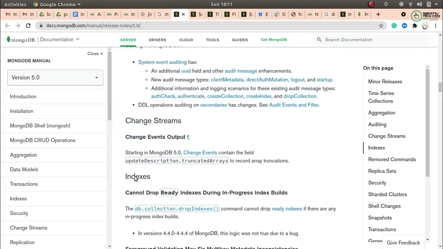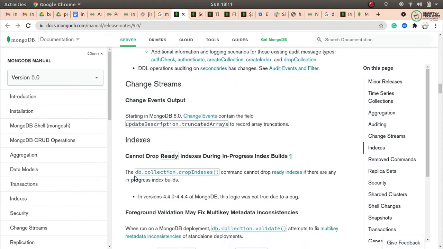Let's say it was at 90% creation, MongoDB stops, and you restart it, MongoDB will again start creating the index from 0%. This is very frustrating for you. But in this version, that is going to be very helpful for me as well.